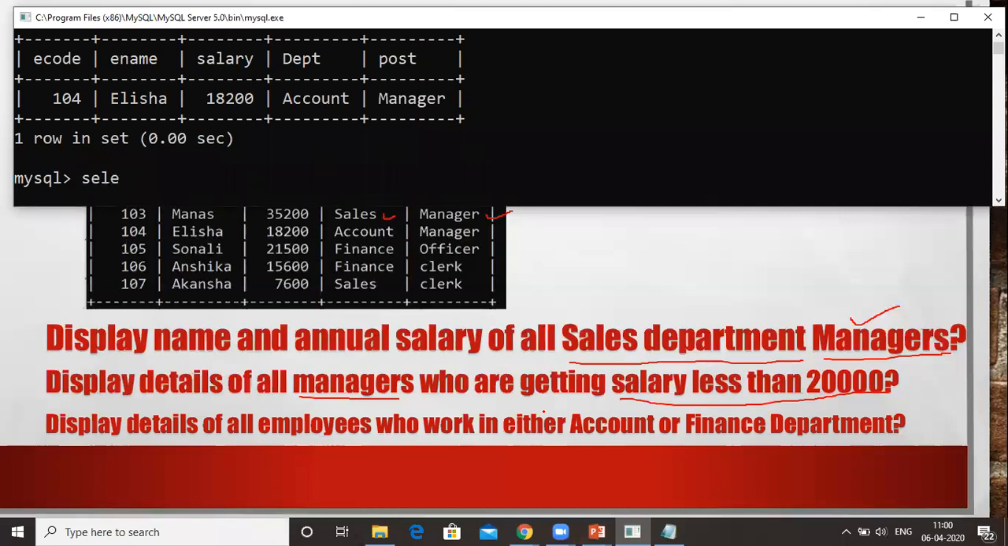So first we write select. Over here it is written details. So details, that is star, from employee. Okay, now what is given after that? Who works in either accounts or finance department. So we want to display records of those employees whose department is either account or finance. So what we will write, where